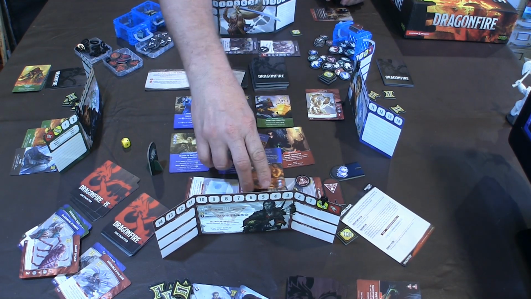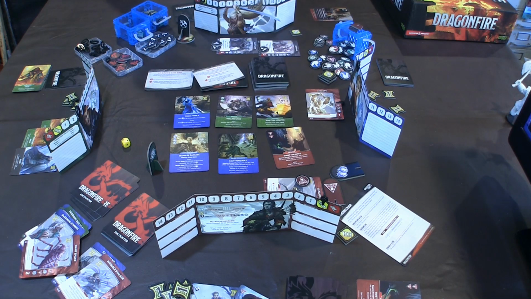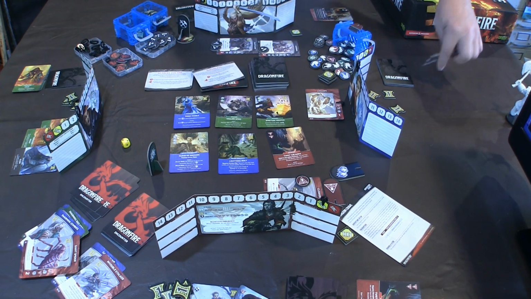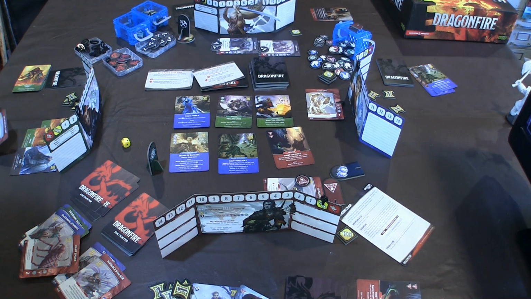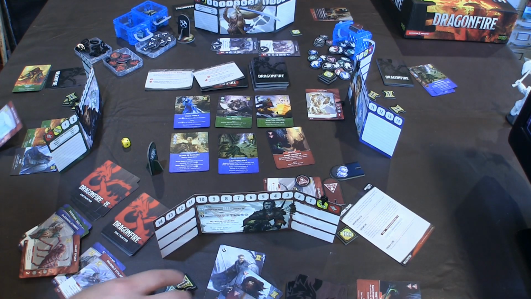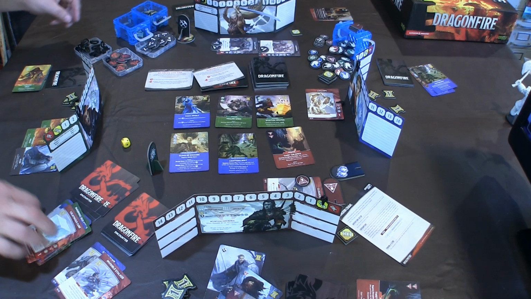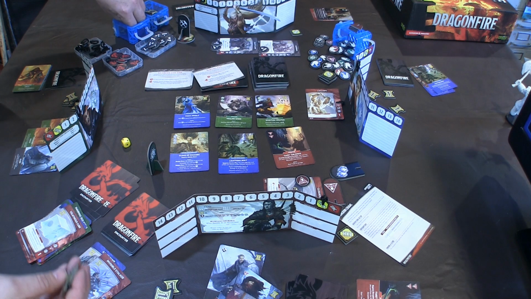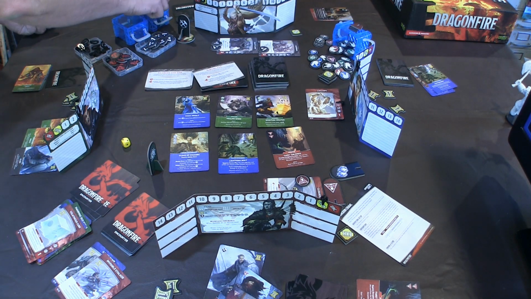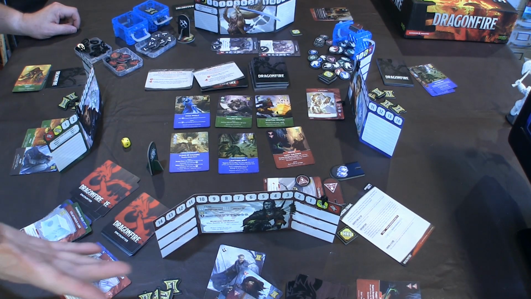Gelatinous cube passes away. Gelatinous cube says, choose another player. That player draws 1 card. We're going to let the rogue draw the card, since it'll be his turn next, and he needs some love. And then we'll award 6 gold, starting with the warlock. Play will pass to the rogue